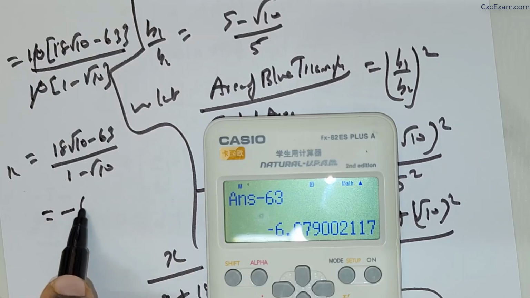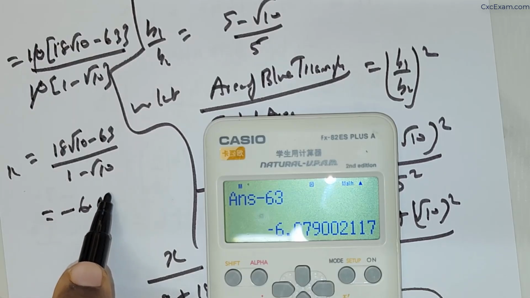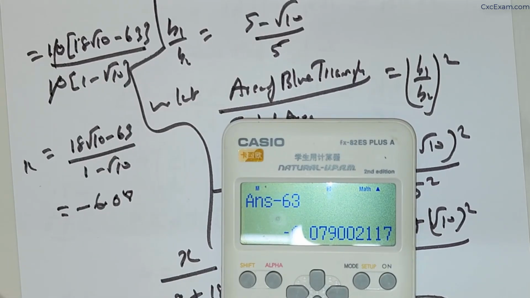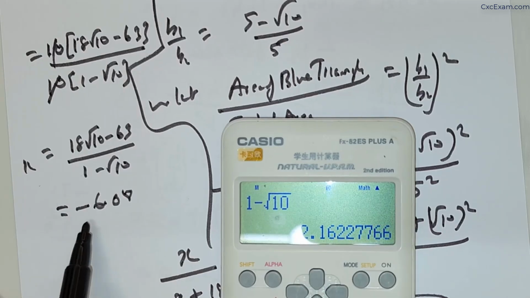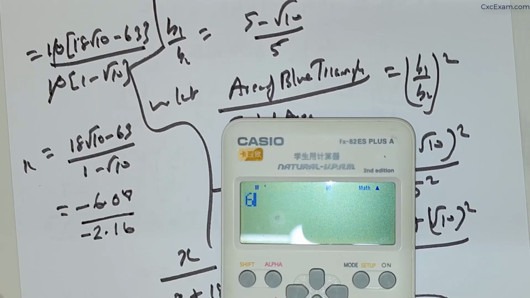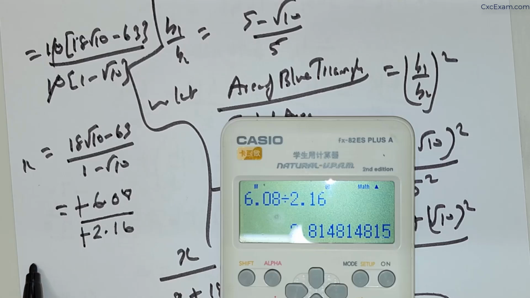So this is going to give me −6.08. And 1 minus √10 is −2.16. So you have 6.08 divided by 2.16. These two things will be positive, so x is equal to 2.81